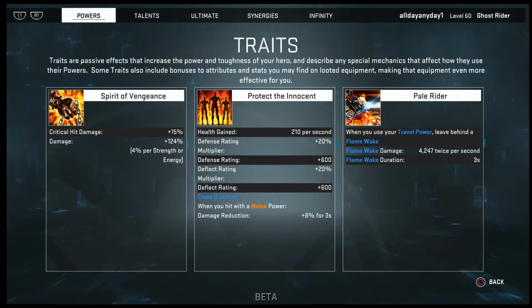He also gets 210 health per second from the defensive tree. Defense rating multiplier and deflect rating multiplier are increased by 20%. Defense rating and deflect rating are increased by a base of 600. He also gains Close Quarters, which gives him an 8% damage reduction for 3 seconds, only when he does melee damage. He also gains an ability called Pale Rider, not necessarily an ability but a passive trait